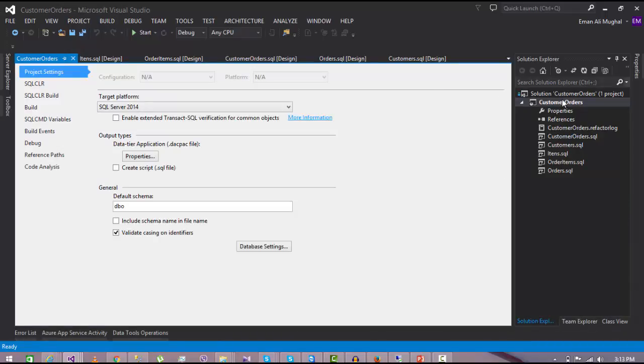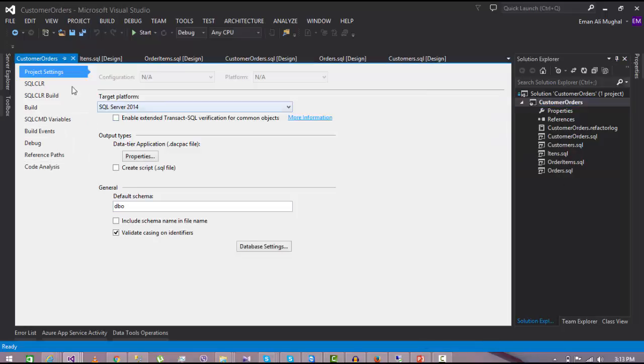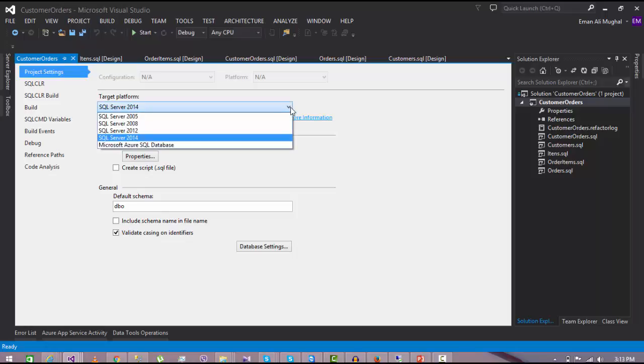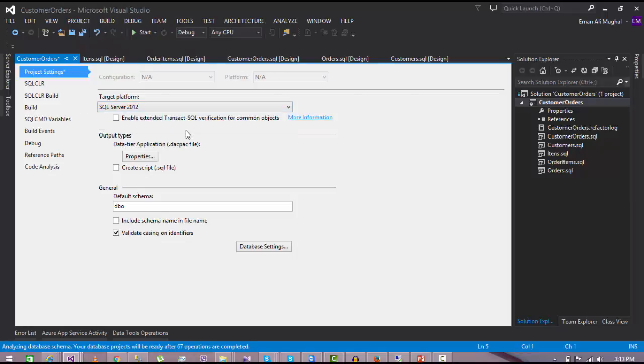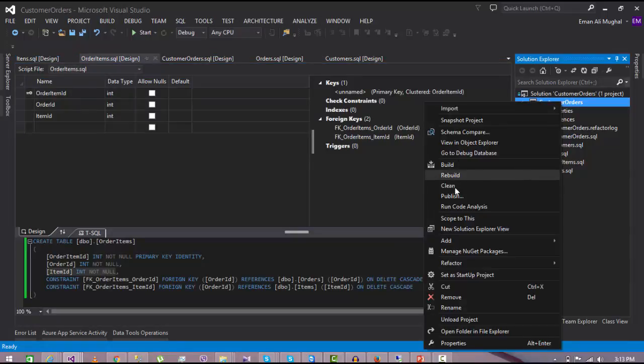I just right click and click on properties, and these property pages appear. In the project settings, I have a target platform. I need to set that platform to SQL Server 2012, and I'm going to save that. So now when I publish,